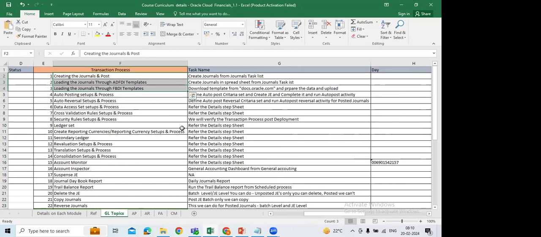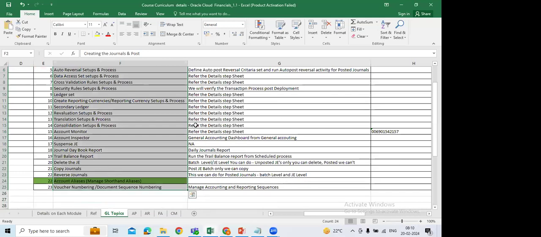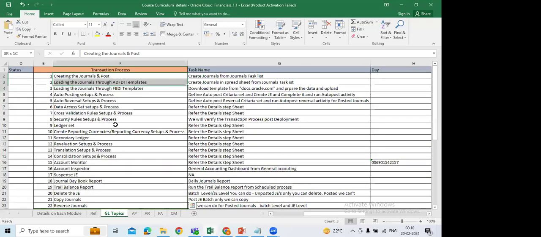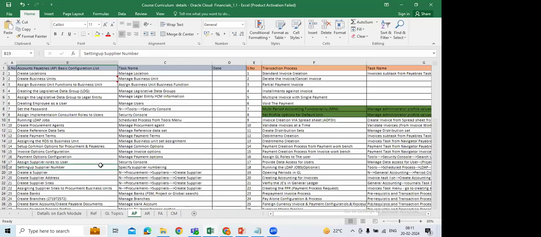See, I can't say that 100% is covered. I can say that 75 to 80% of the regular scenarios, which we prepared based on our day-in and day-out experience, are covered. So these are all the transaction processes which we are going to demonstrate, and in the same way for accounts payable.